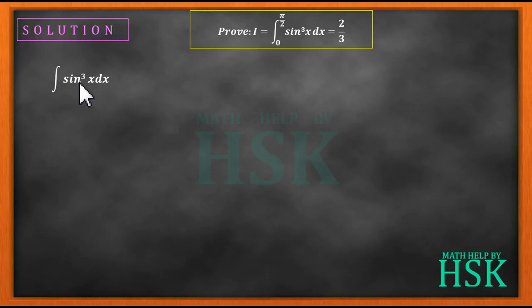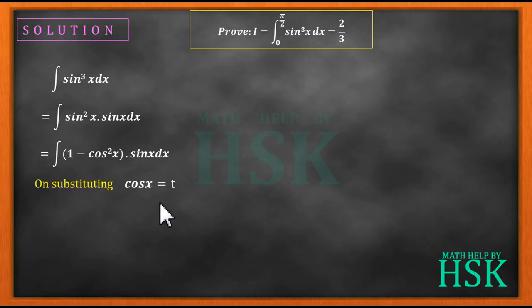Okay, so first of all, I see that I cannot integrate sine cube x directly, so something has to be done so that it becomes ready for integration. So what I'm going to do, I'm going to write this sine cube x as sine square x into sine x dx, and the sine square x is written as 1 minus cos square x and the remaining terms as it is. Okay, now if I assume cos x as equal to t, then on differentiation I get minus sine x. Okay, so substitution has now become possible.